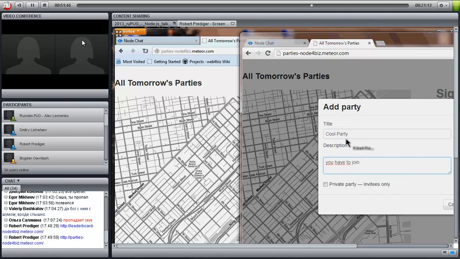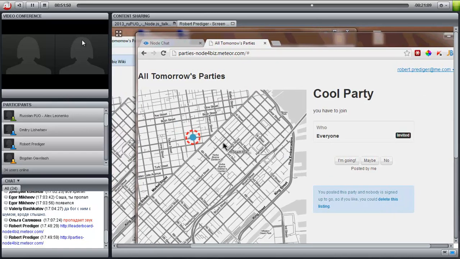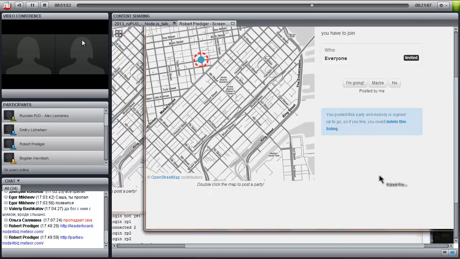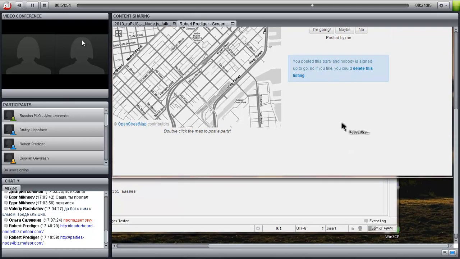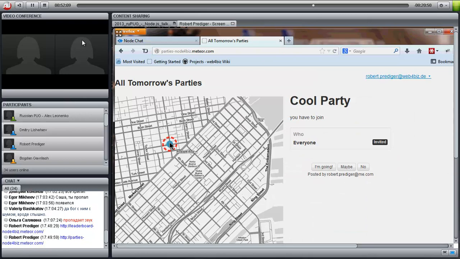And I add this party, then automatically it will be added in every browser involved. As long as no one is coming, I can delete it. But let's say I go here inside saying, hey, I'm going.